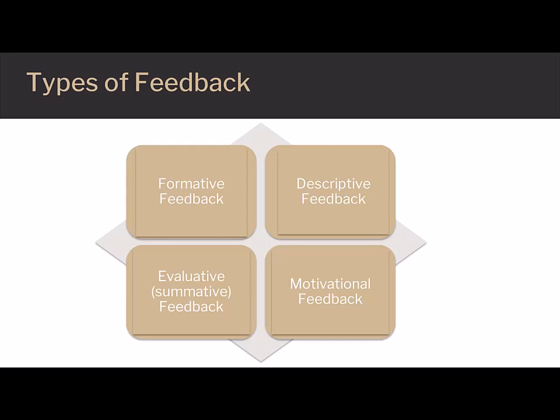The second type of feedback is descriptive. The goal is to improve student achievement by telling the learner how to move forward in the learning process. It's intended to tell the learner what needs to be improved. The third type is evaluative. The goal here is to measure student achievement with a score or a grade, intended to summarize student achievement. And the final type is motivational, which the goal is to make the learner feel good and intended to encourage